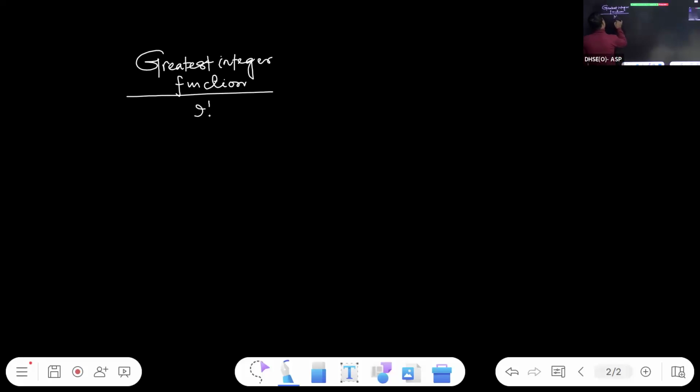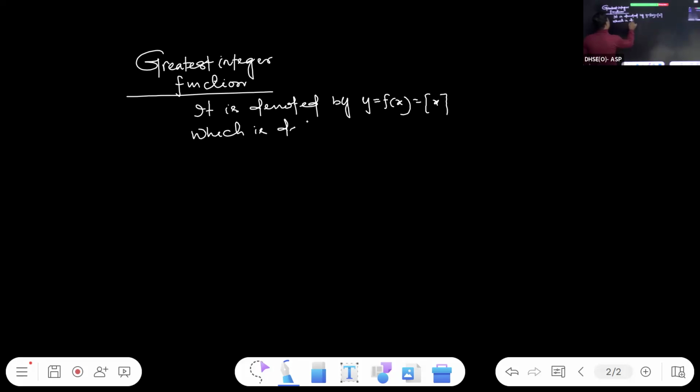It is denoted by y is equal to f of x is equal to bracket x, which is defined by bracket x is equal to x